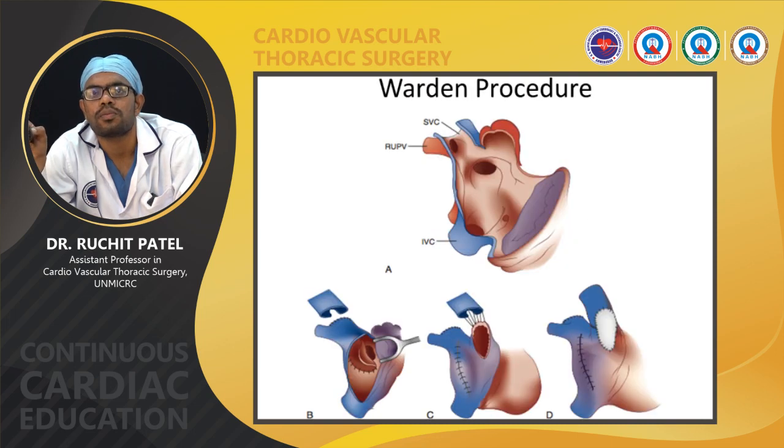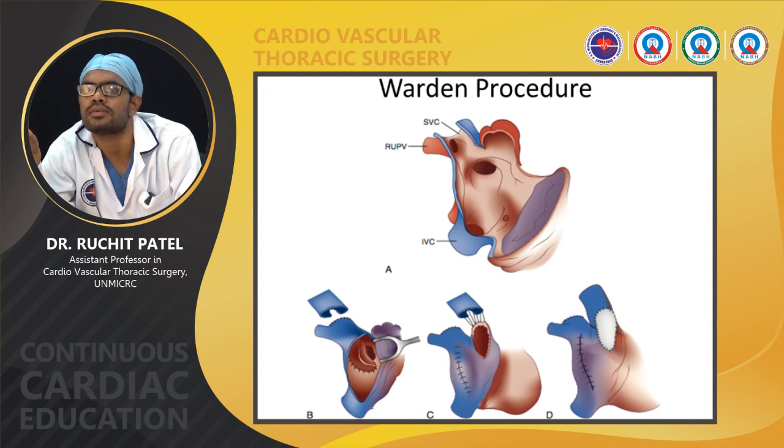In cases of higher opening of the right upper pulmonary vein into the SVC, there is a chance of narrowing of the SVC opening into the RA. In these cases, the Warden procedure is done. Here the SVC is divided above the opening of the right upper pulmonary vein, and the distal stump is oversewn. Now the upper pulmonary vein drainage is diverted into the LA with a patch, and the SVC is separately anastomosed to the atrial appendage, with anterior augmentation of the pericardial patch can be done.